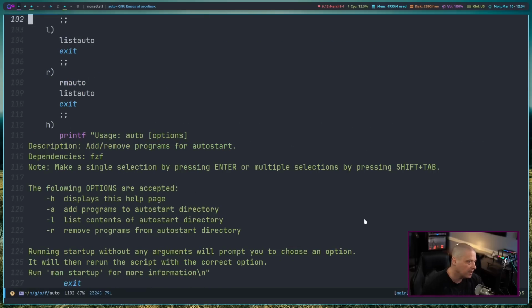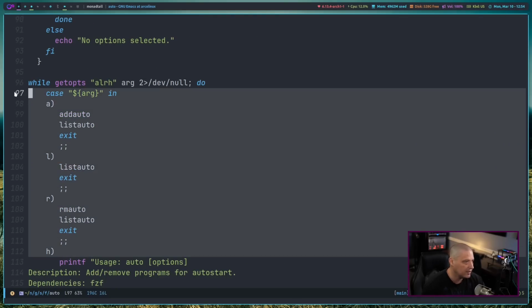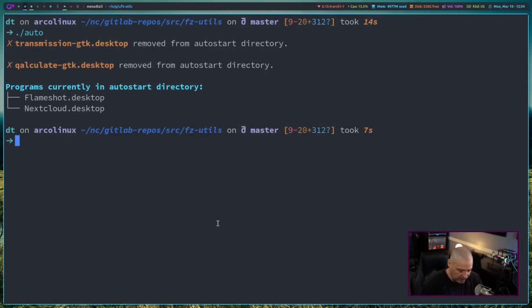And then other than that, for the rest of the script, I gave it some flags. The next block here is while getopts. Getopts allows you to use flags and options with the script. For example, you can see I do a, l, r, and h. So I've got a few different flags. So if I do